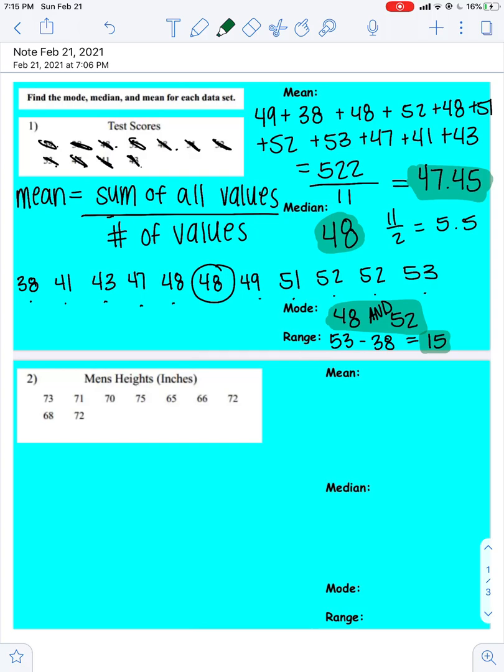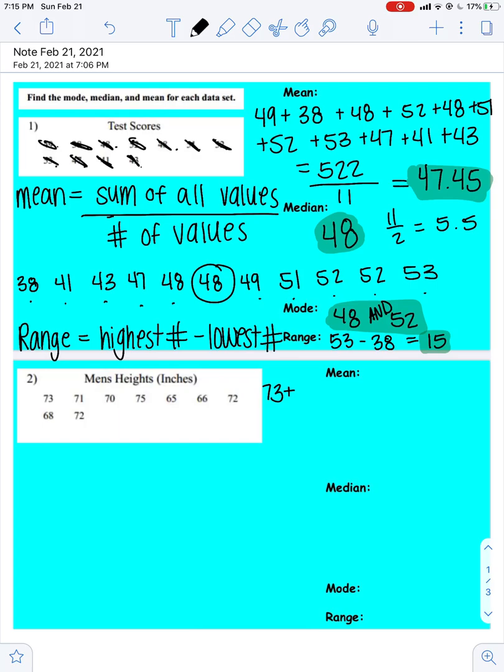Okay? So the range is the highest number minus the lowest number. Okay, so we're going to do the same thing down here. Find the mean by adding them all together. So we'll do